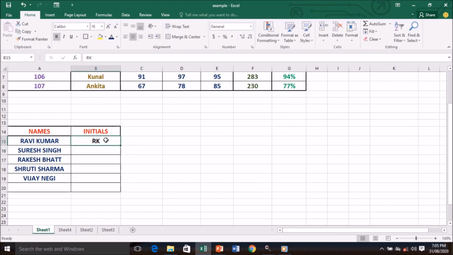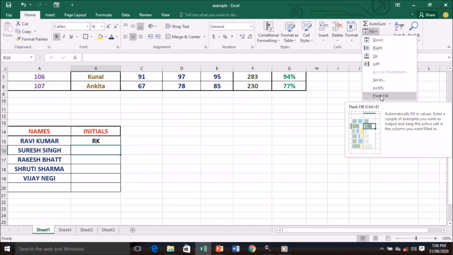I have written RK here. Now after writing this, I'll press the Enter key. Now the cursor is in the next cell. After this, we go to the Home tab. In the Home tab, can you see the Editing group? In this Editing group, we have a Fill feature. We click on the drop-down arrow of Fill and click on Flash Fill.